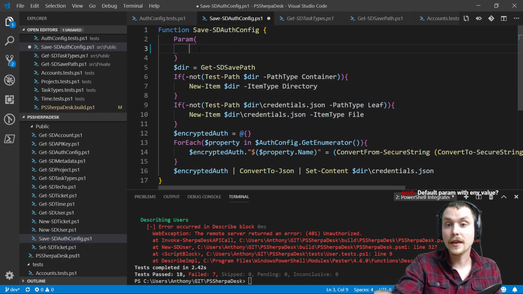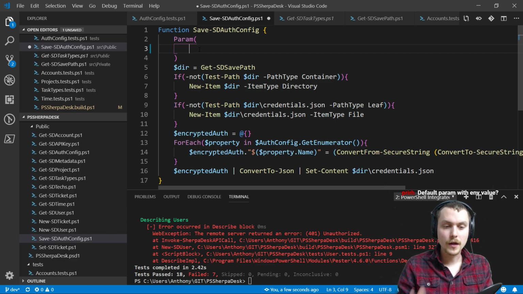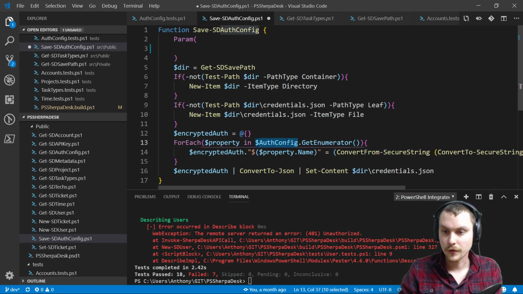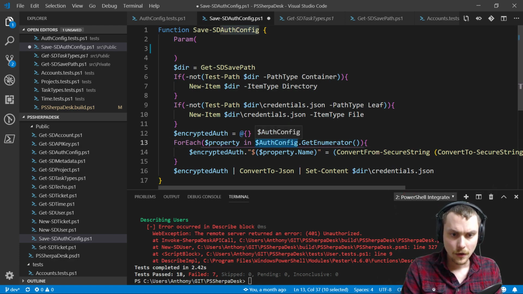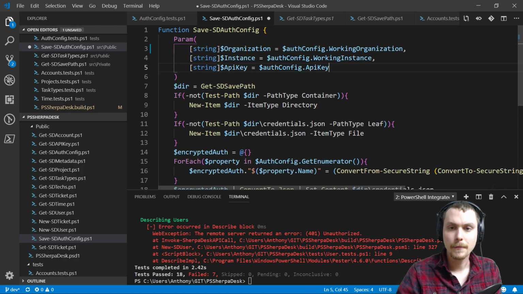So this save SDauth config function specifically will take... well, let me back up. When I use the getSD API key and then the getSD metadata functions, that will return all the auth config I need from the API, and then it saves them to a module scoped variable called authconfig. That's this variable right here. And so if I do a save SD authconfig and then I pass it the organization, instance and API key,